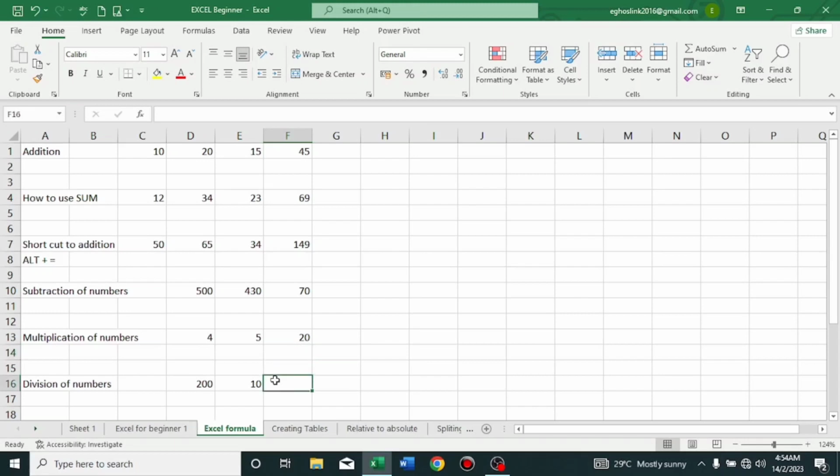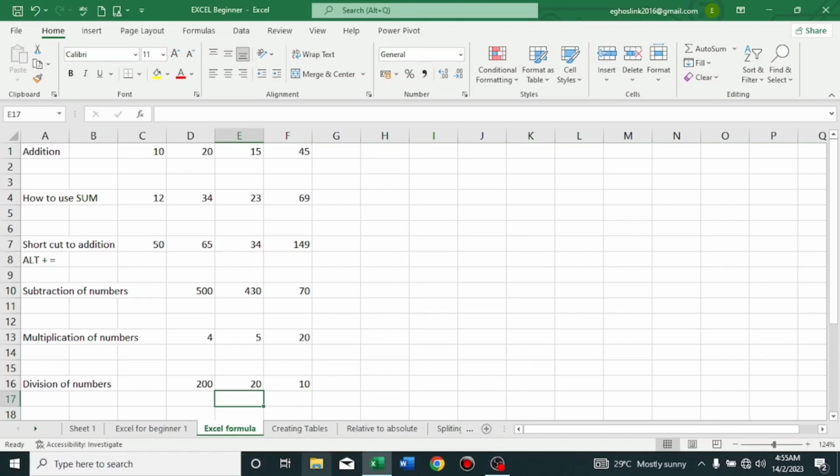Here we have division of numbers. How do we do that? It's very simple. Type equal sign, so that Excel understands the command. This slash stands for the division sign. Assuming we made a mistake like we did earlier on, you just click and put the correct number. Let's assume it's correct. It automatically calculates the cell. Alright, so now we are through with